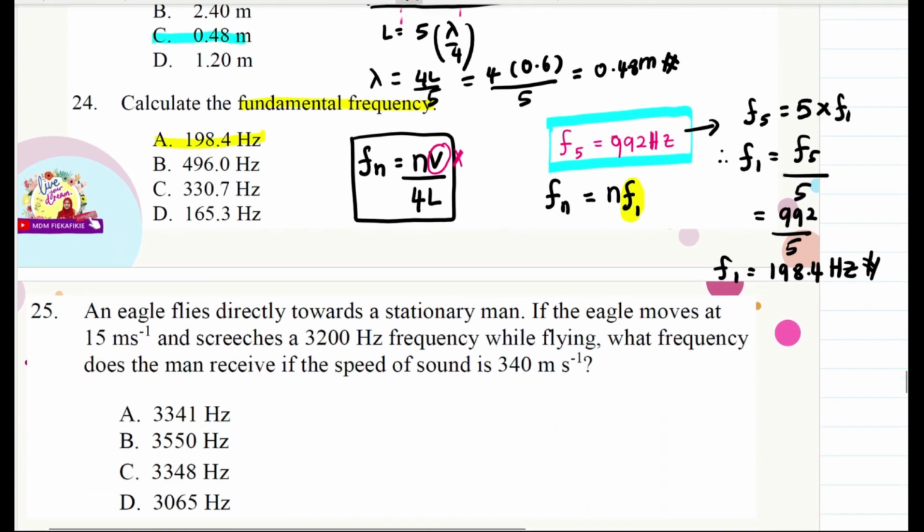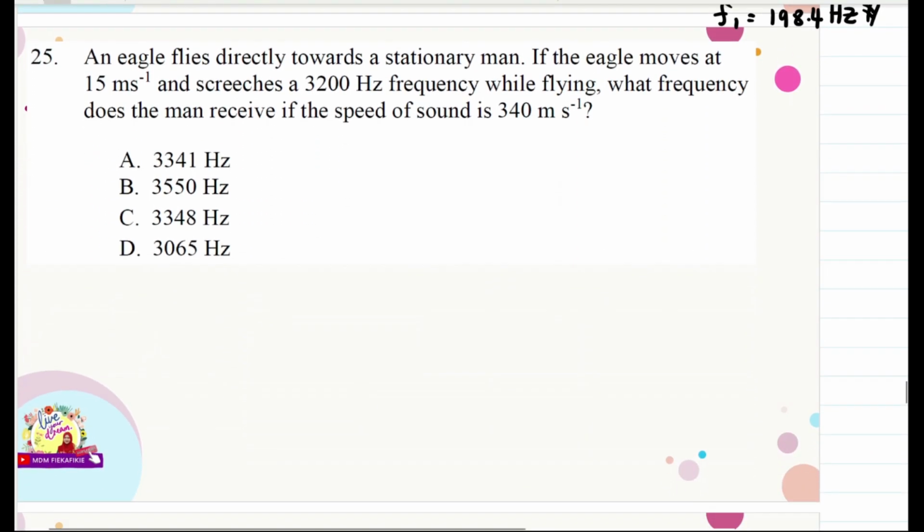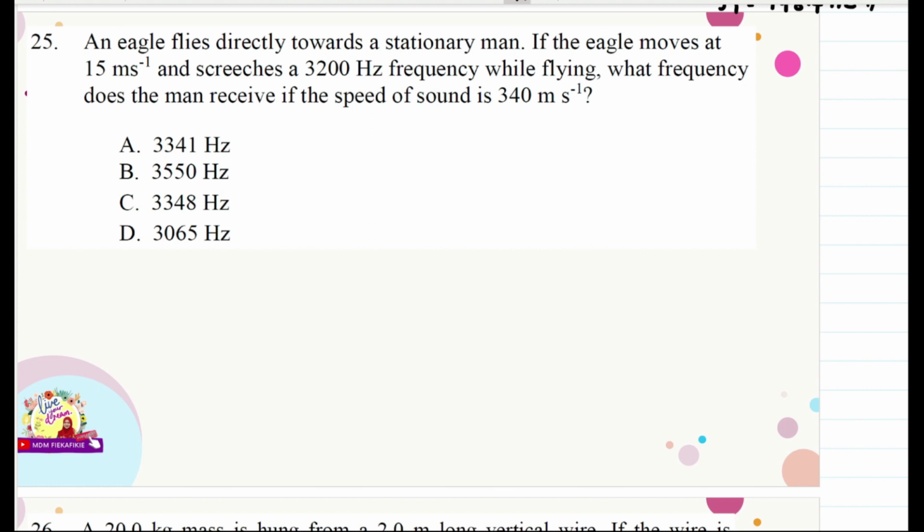Okay. And then question 25, Doppler effects. Here we have an eagle flies directly towards a stationary man. So the observer here is stationary. So ini awak, V observer is equal to 0 since stationary man. If the eagle moves at 15 meter per second and screeches at 3,200 Hz frequency while flying, what frequency does the man receive if the speed of sound is 340 meter per